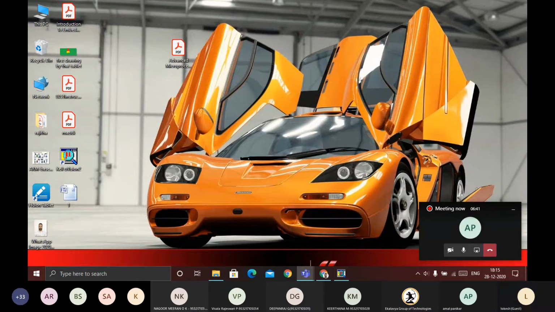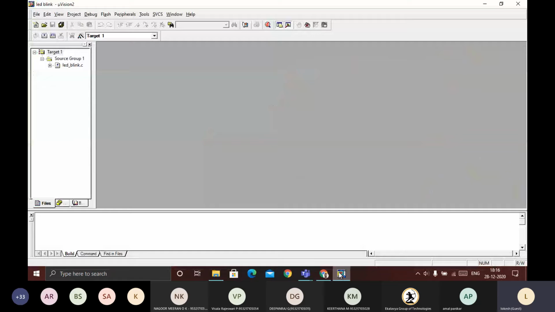But if I open the thing, it goes. I don't know why it's happening like this. Okay, anyhow, it's not working fine.